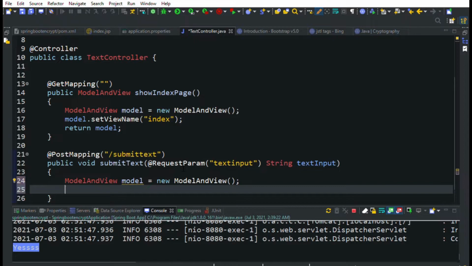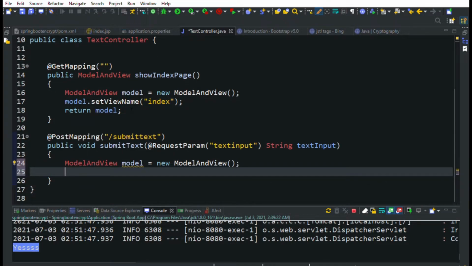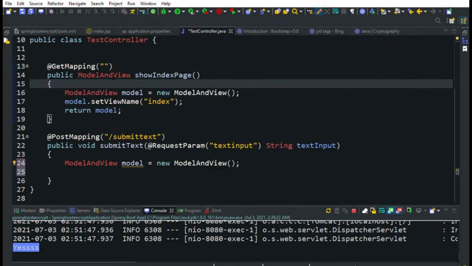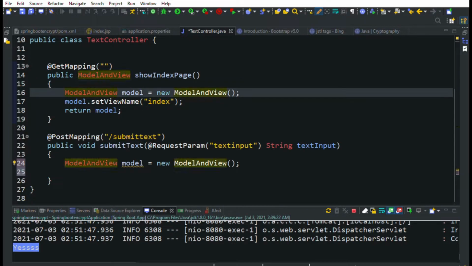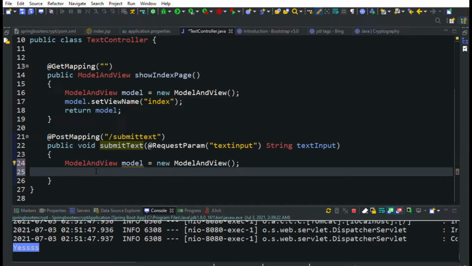We need to set the view. We need to redirect back to our view here, so we need to call our endpoint again after submitting text. So let's see how we will be doing that. Let's say model.setViewName and say